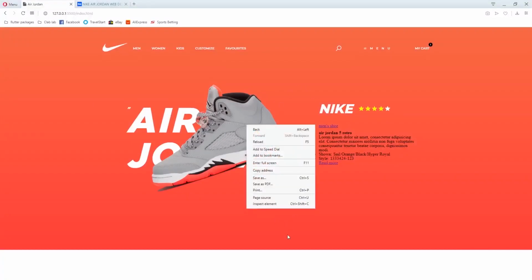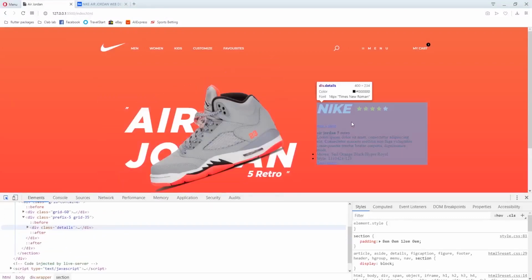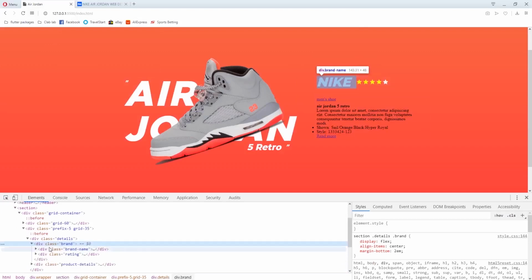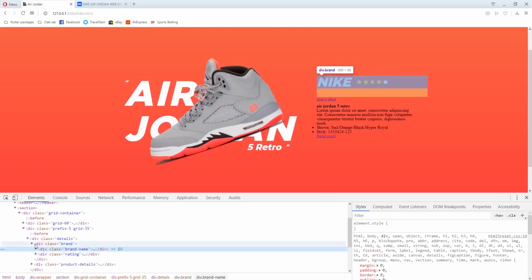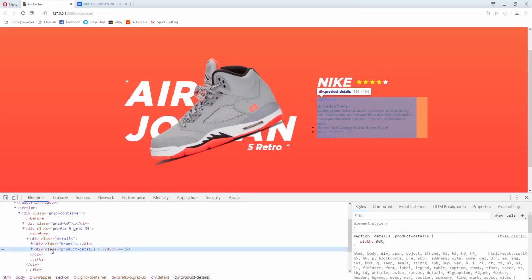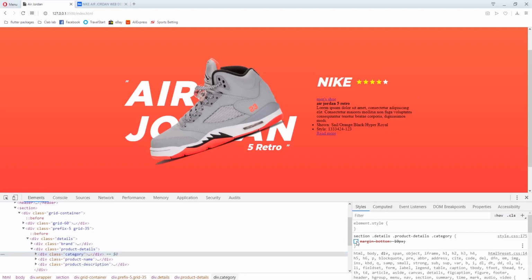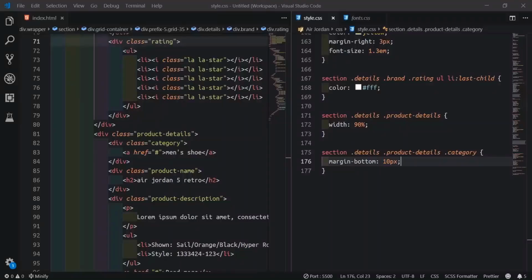Alright. So if we inspect, you see now. So this is not the brand. Then inside brand name, this rating. So now we just target this further details now. So we'll give the width now to be like 90%, just so that we make this text shift out a bit. Then inside here, we target category now to shift this one out. See, if we off the margin bottom now, see as it does shift up, but we want to give that spacing. So put margin bottom here.